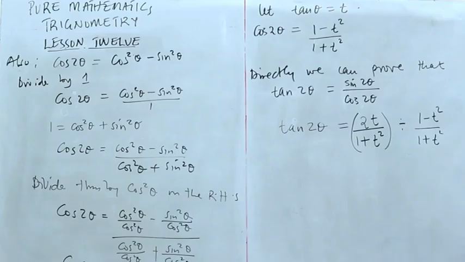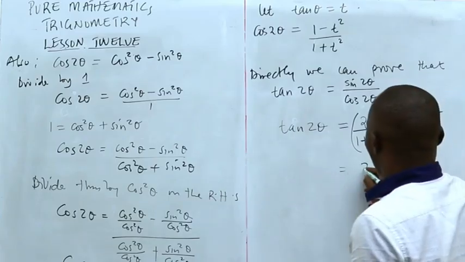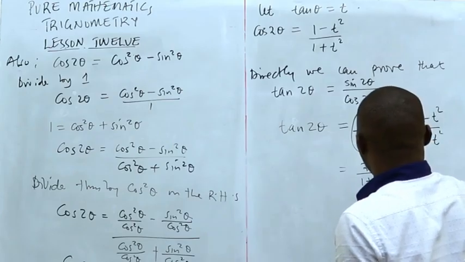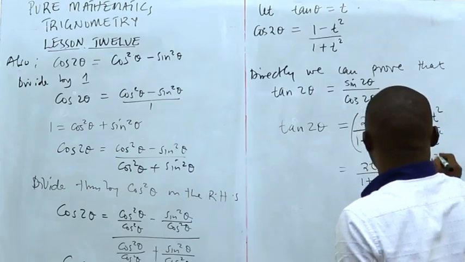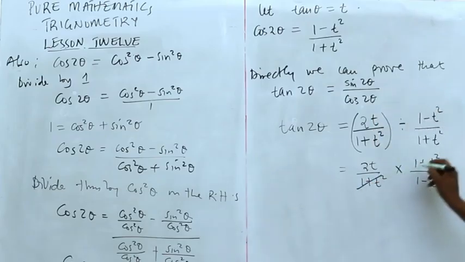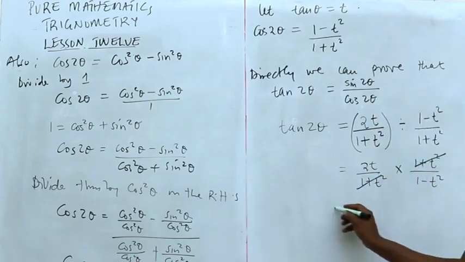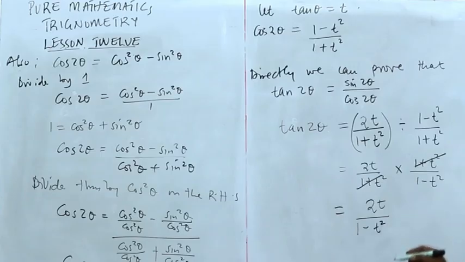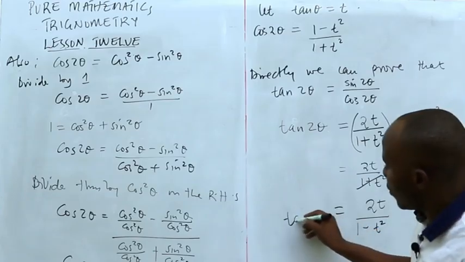We are dividing this one by this one. So this is 2t over 1 plus t squared times 1 plus t squared over 1 minus t squared. Automatically, those two will cancel out and you remain with 2t over 1 minus t squared as the value of